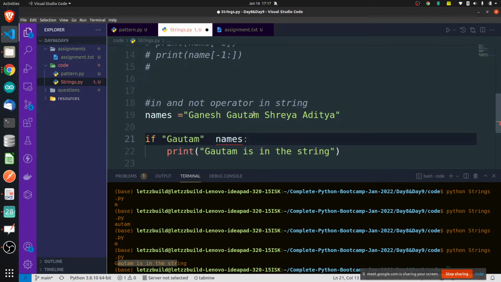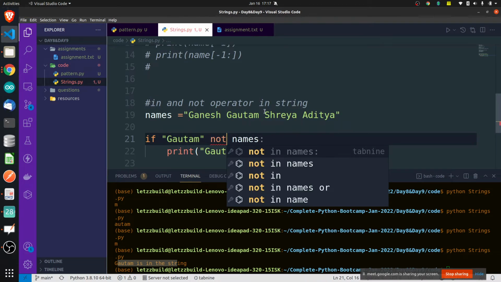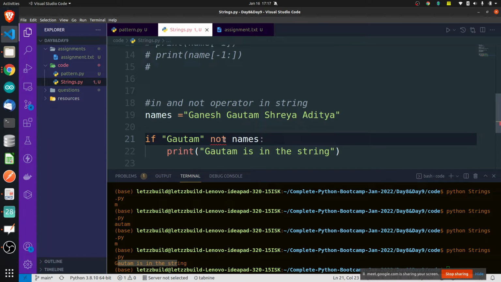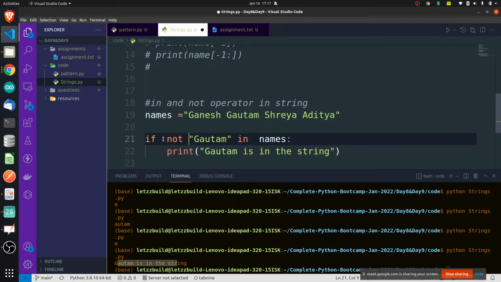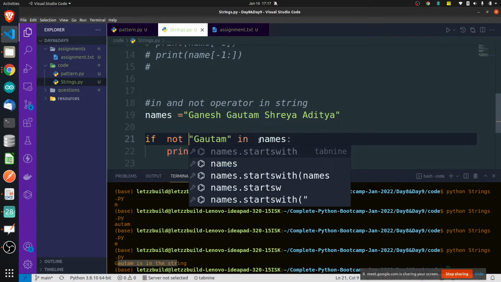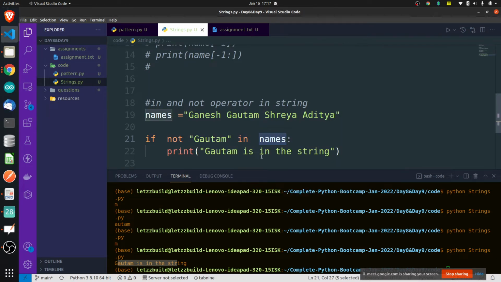Similarly, we have the not operator. If not Gautam in names, then print Gautam is not there, something like that.